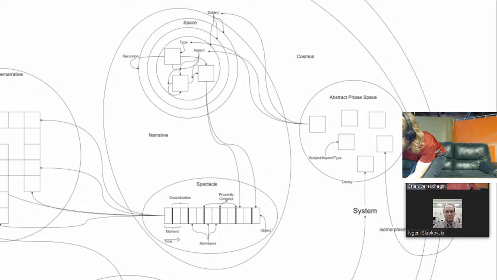So I'm just going to recap the whole thing. We have Cosmos now, encompassing the entirety of the entire abstract layer here, which begins with the abstract phase space, which consists of the smallest constituents of the abstractions, basically the building blocks of all the different abstractions that go onto it, which expand into a space, which